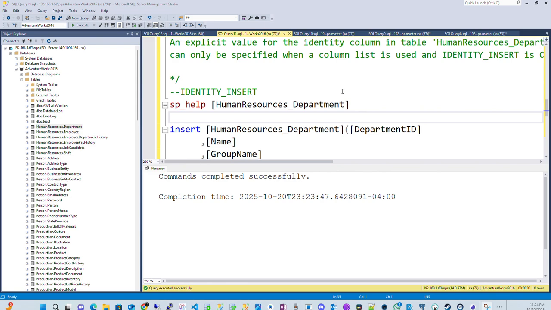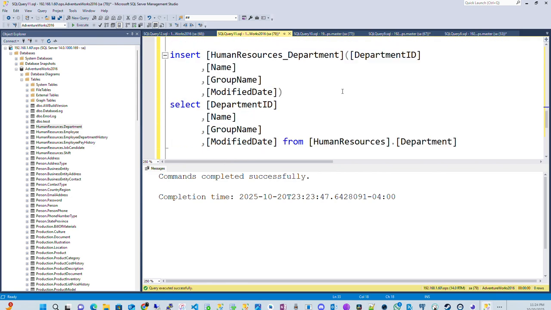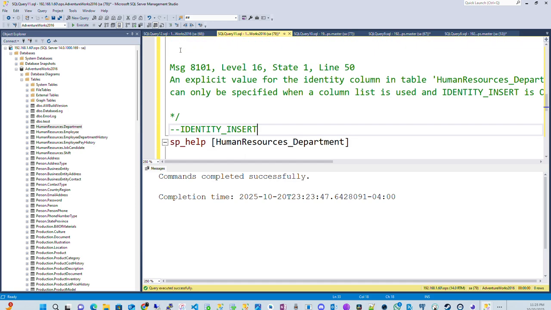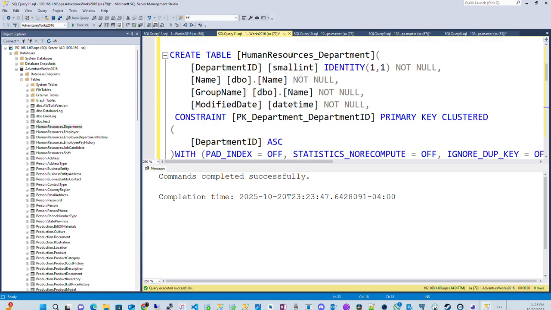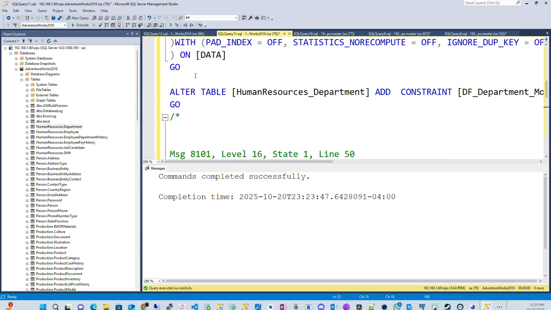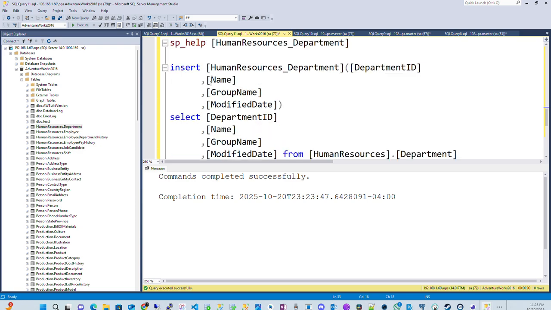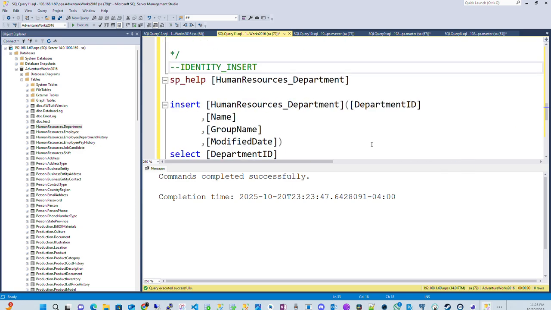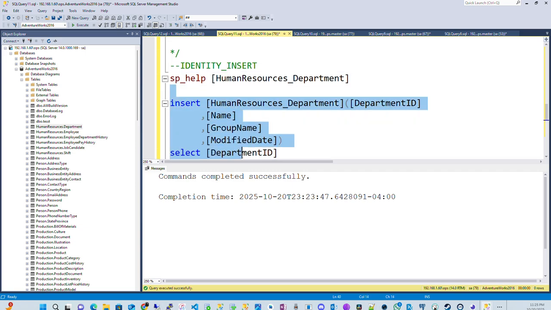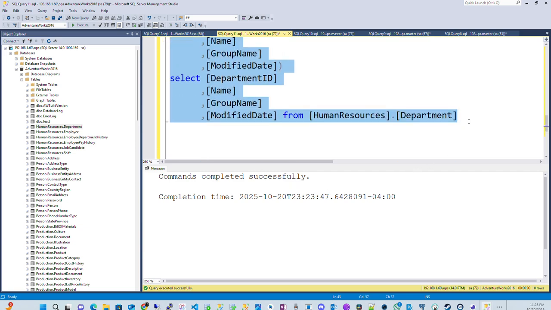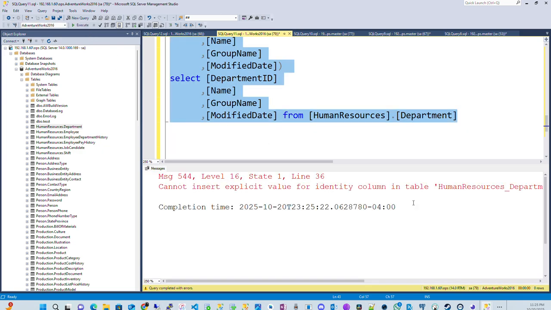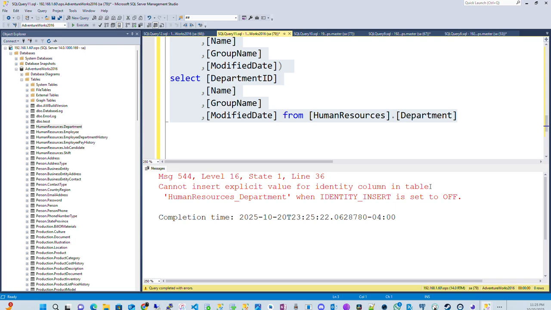In this video, we're going to try to insert data from one table to the next. So I went ahead and created this table here called Human Resources underscore Department, and I'm going to attempt to insert data from another different table called Human Resources Schema dot Department. So let's try this. So when we run it, it's going to fail. And the reason it's going to fail is what we're going to discuss today: the identity